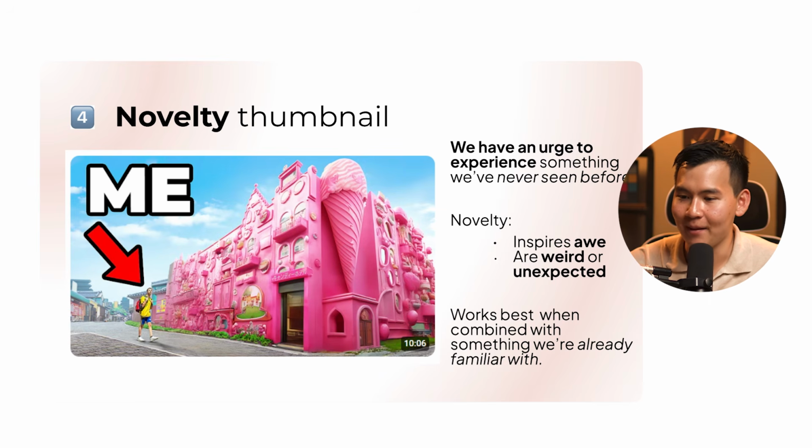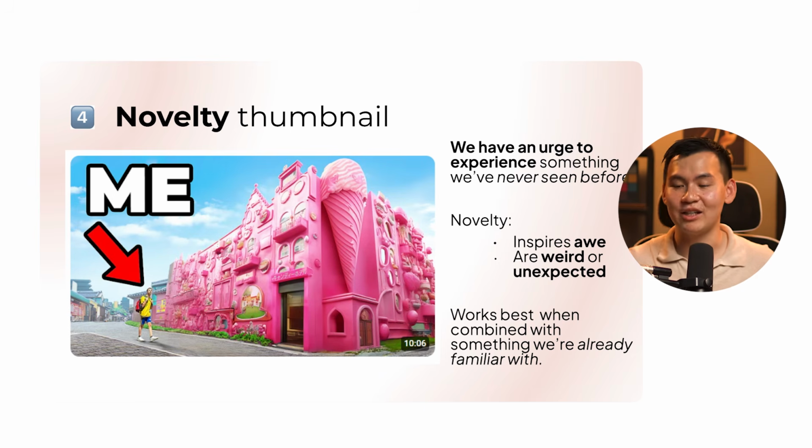So this is like a pink ice cream building. And by the way, this pink ice cream building, I can almost guarantee you that they did not build this in real life. I can guarantee you that this is actually generated with AI, right? So a lot of the thumbnails that you are already seeing on YouTube that you would most likely click on are already generated with AI.